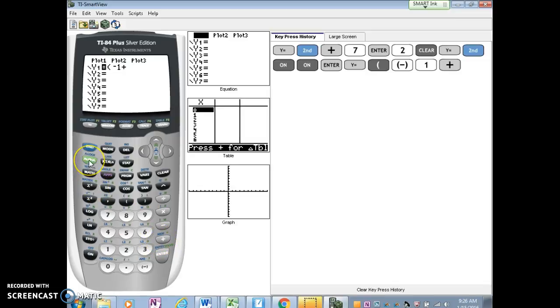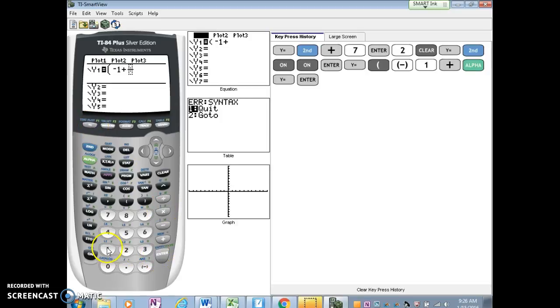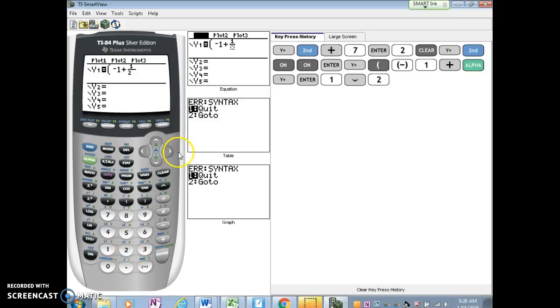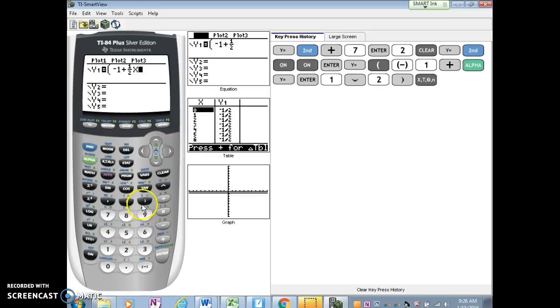If you want to use alpha y equals enter for the fraction, that's great. Put the 1 on top, 2 on the bottom. Don't forget the arrow over and put your x. Then you close the parentheses, divide by 1,